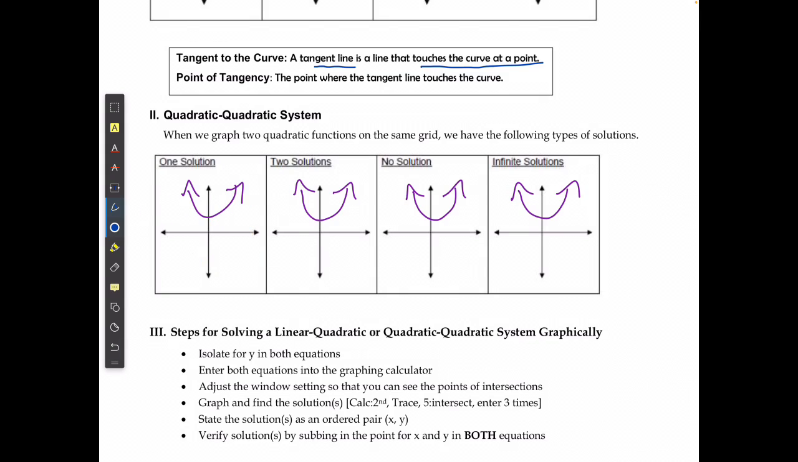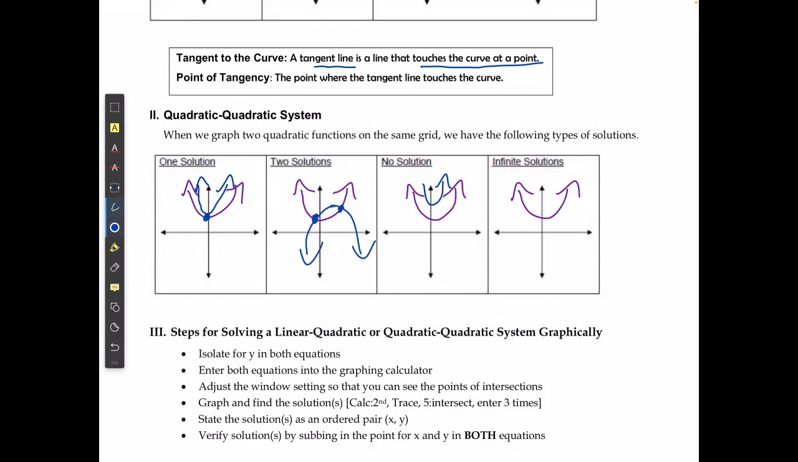Or the more common method is that it shares a vertex but has a different a value. Whether it's positive or negative, the value of a is not the same. And if it's not the same, they're going to touch once at the vertex and never touch each other again. We could have two solutions, something like this, where they connect at 2 points. We could have no solutions, where I could have it open up inside,